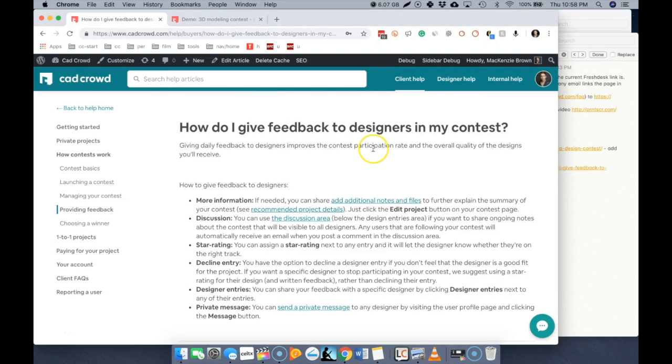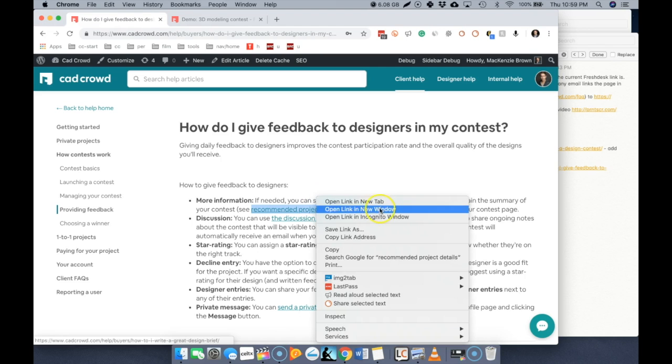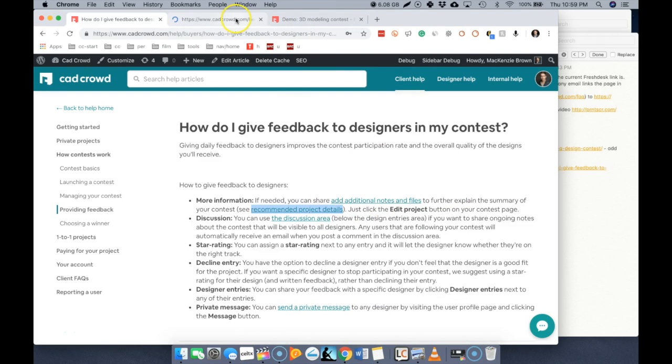Here are a few quick suggestions for maximizing designer participation rate on your design contest. We suggest giving daily designer feedback for design entries. In addition, you may consider adding additional notes and files if your project has any incomplete information on the scope